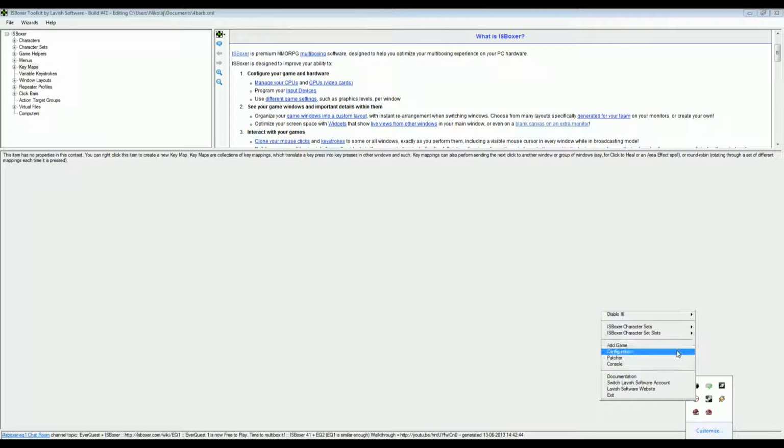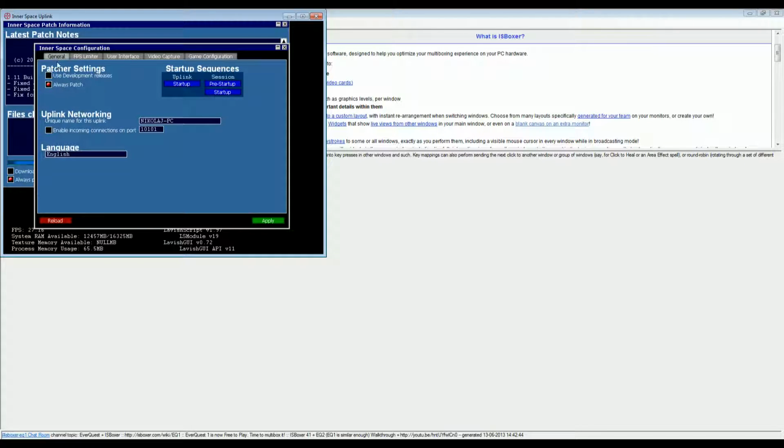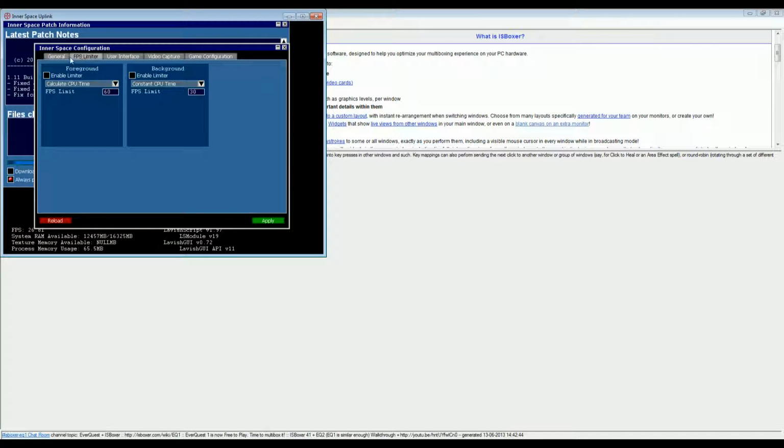Basically what you want to do in here is go to configuration, and you will start in this menu right here. You want to go into FPS limiter. These will both be checked and you will want to uncheck both of these. This is basically just an FPS limiter, and if you want to use this I recommend using the one in game or on ISboxer. So uncheck these two,